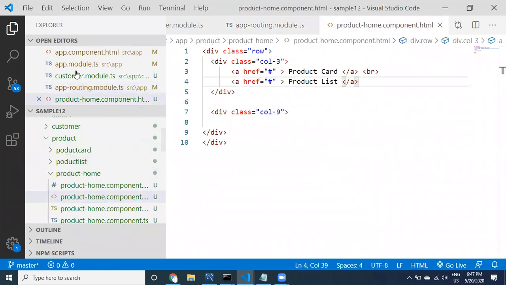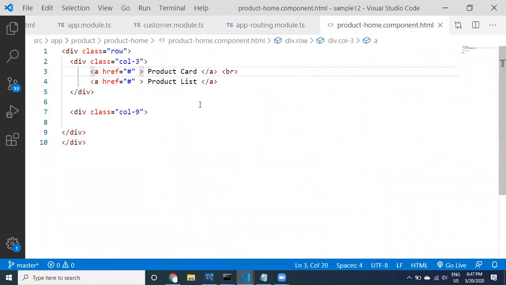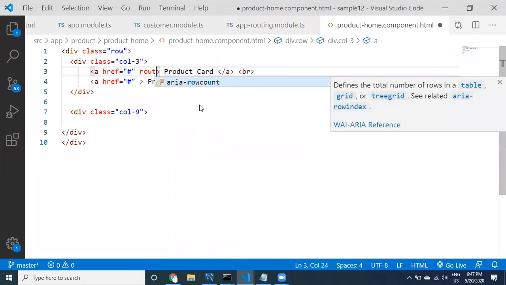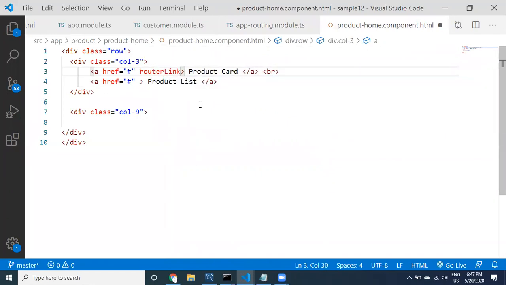Within the product home, here you can say router link. To use router link, I need to use router link and then router outlet. Both the things I need to use.